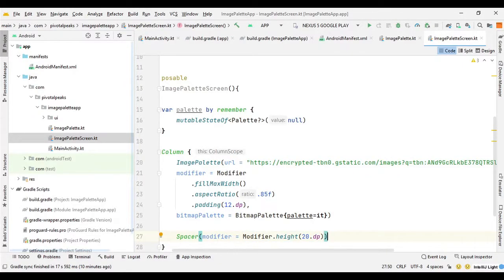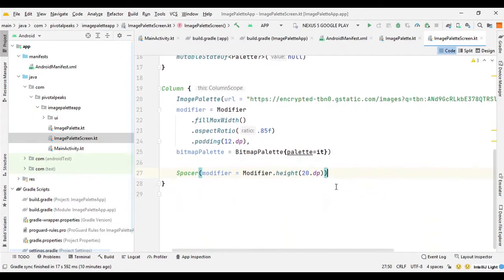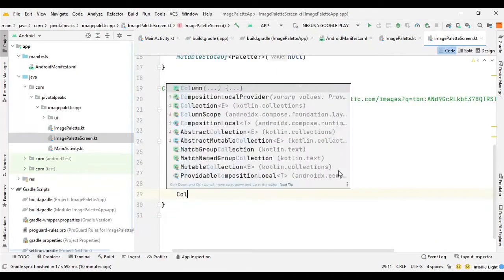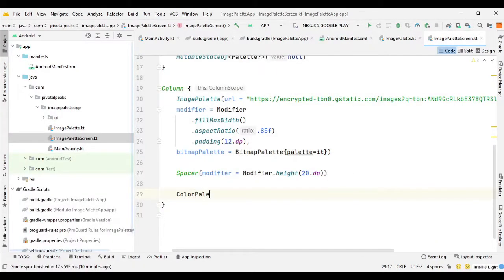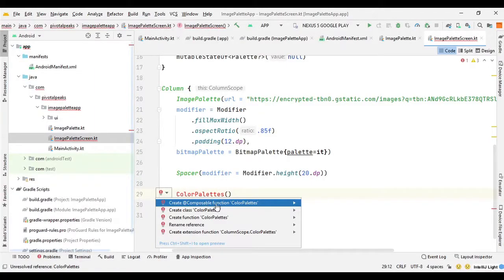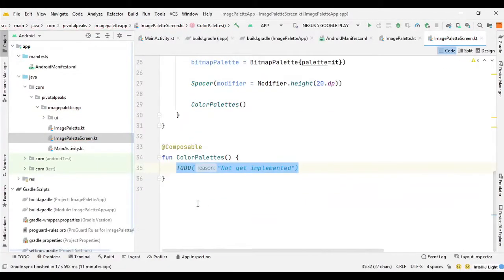And now we need to create the color palettes, so here I can say color palettes, and we need to create another composable function for this color palette, so we can click this red bulb and create a composable function. So let's create the function for the color palette.